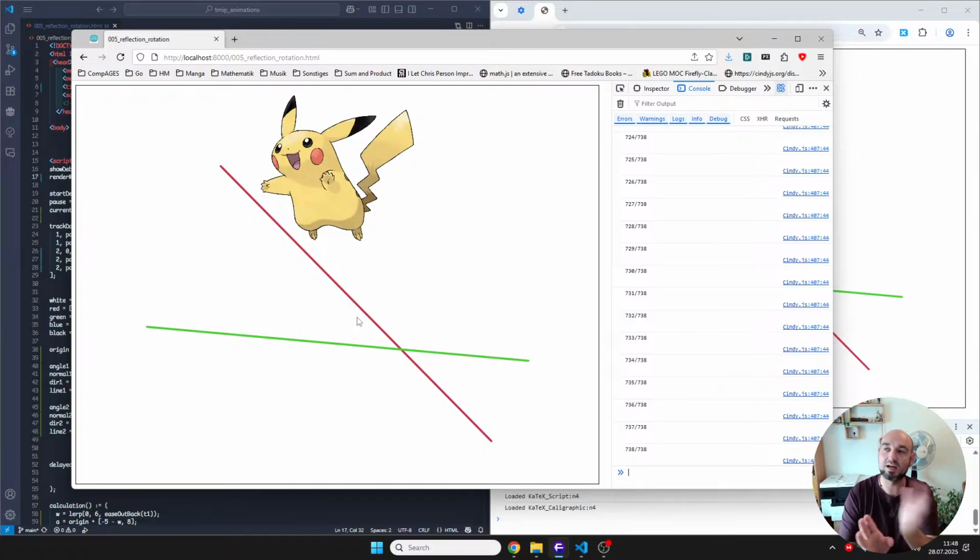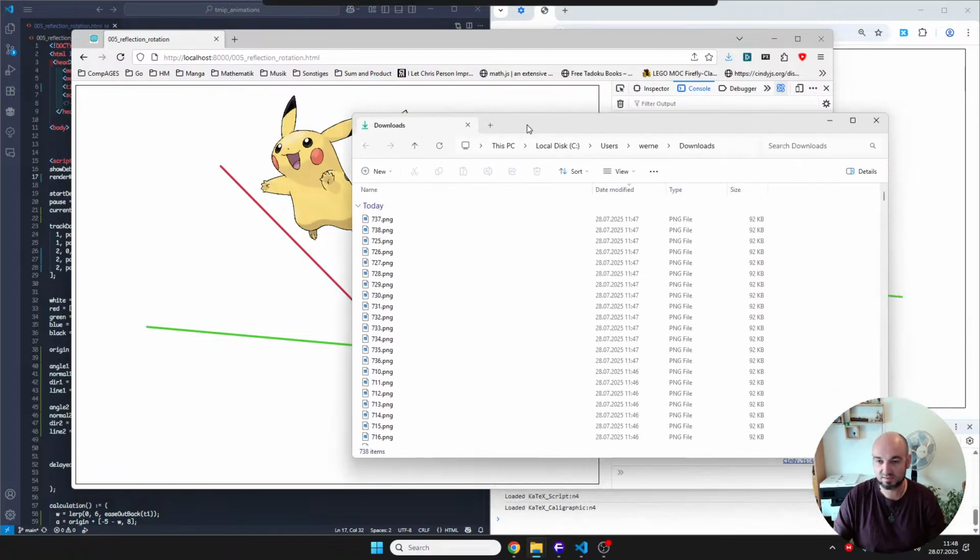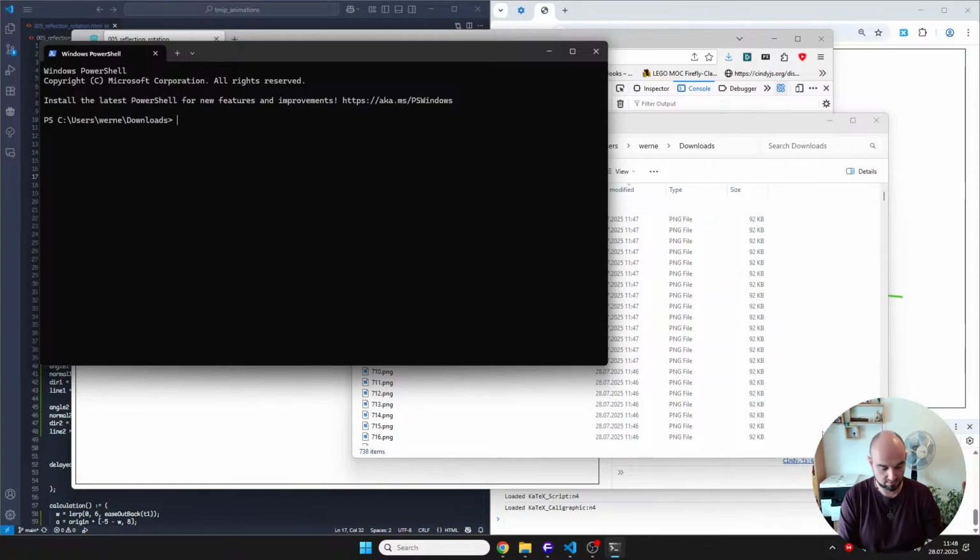This is also very nice, but I think it's a little bit too quick to get to the solution. What I would have loved to do is to make some further animations for those 2 interpretations, the circle interpretation and the angle interpretation. But because of the phone call I got, and because it's already like 50 minutes for the Pikachu flipping, I will stop. So let's quickly go to the download folder and